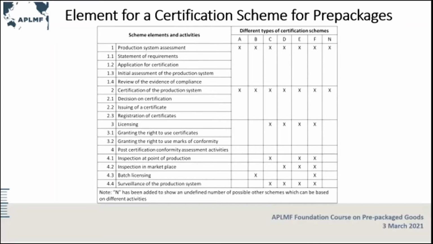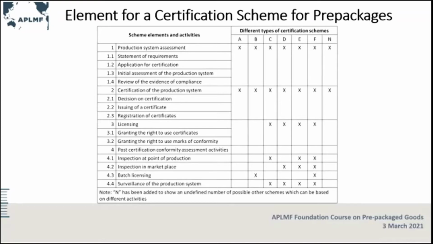And for scheme C, it will be more complex than A and B. It covers the production system assessment and also the certification of the production system. But in C, it also covers licensing, which covers granting the right to use the certificate and then granting the right to use the mark of conformity. So this is scheme C, and for the post activities, there are two activities covered in the scheme